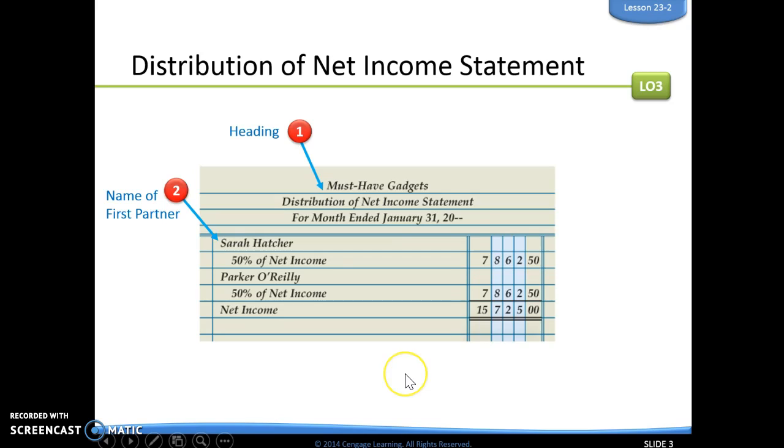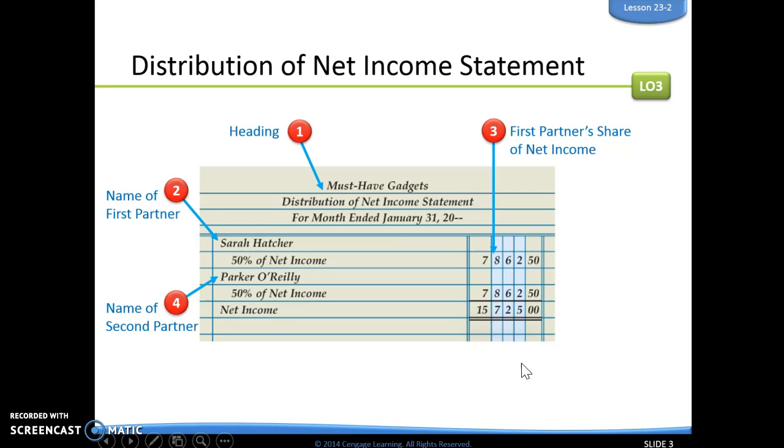So we're going to name our first partner, Sarah Hatcher. And we're also going to name their share of the net income. So in this case, notice that she has 50% of the net income. So we would have to know what the net income is to figure out 50%, which would be $7,862.50. Then we're going to name the second partner, Parker O'Reilly. He also has 50% of the net income, which in this case is the same amount,